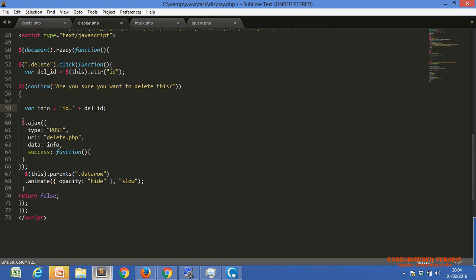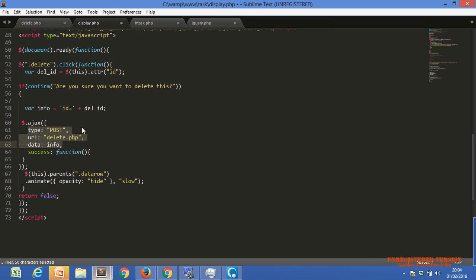Now this is dollar dot ajax. Dollar dot ajax is the pure syntax of our ajax. Whenever you use ajax with the help of jQuery, you have to use dollar dot ajax, and within this you have to use these lines of code.